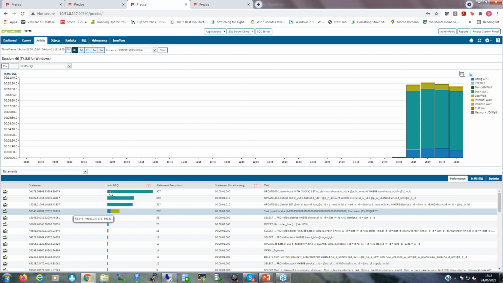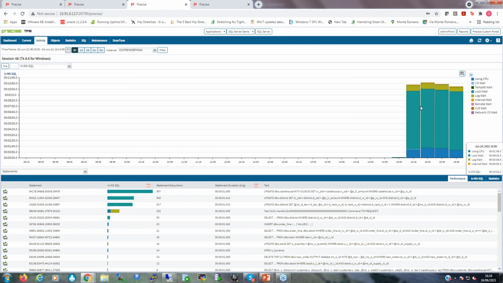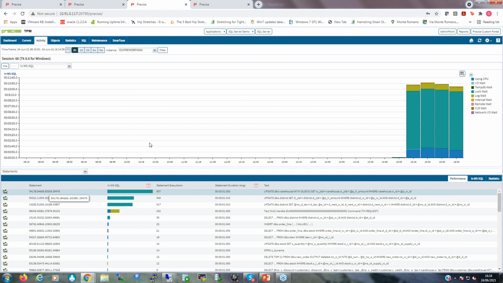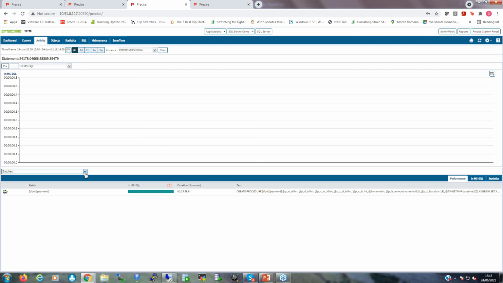it's now telling me what SQL segments that it's running. So these are the SQL segments that are specific to this particular session. And you notice as well that this particular bar chart, again, is specific to what is happening within that session as well. So again, I can drill down into that segment. I can see which batch it belongs to, and I can see things like blocker sessions as well. But if I notice with that statement, so we can see that this is our statement,